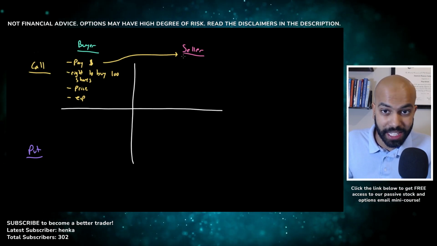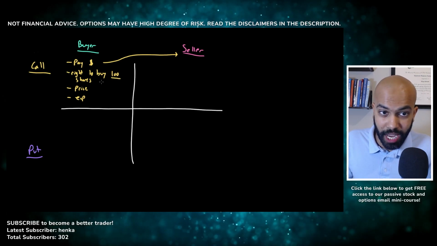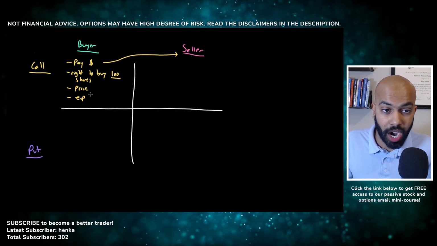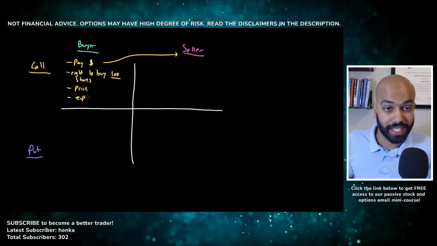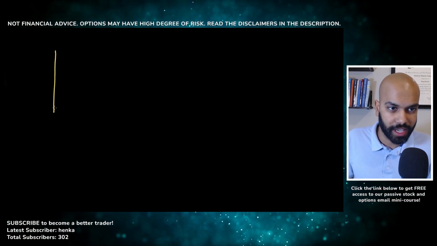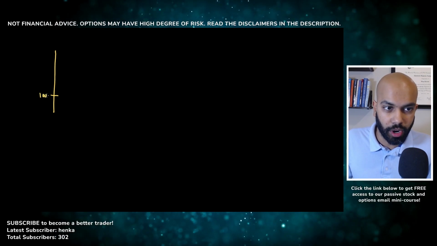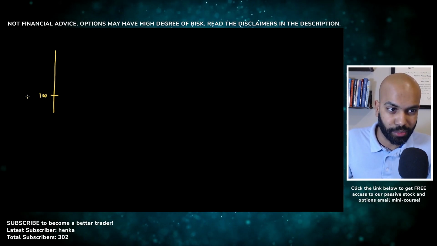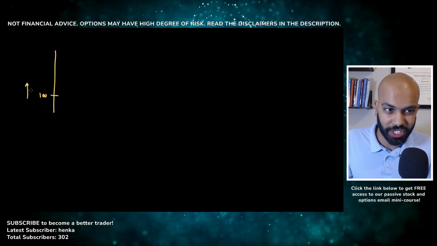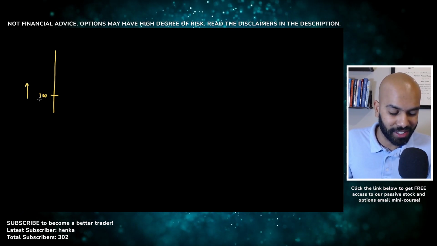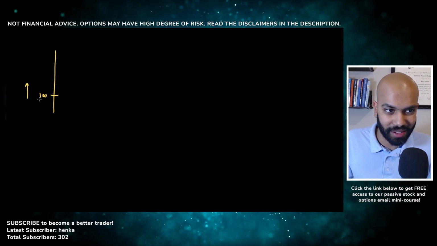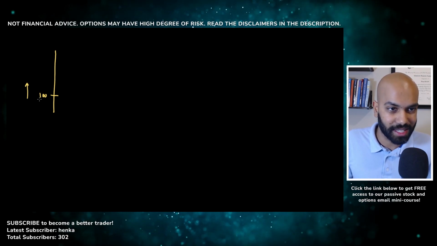And when they pay this money, they're basically buying the right to buy 100 shares at a certain price on or before the expiration date, which is in the future. All right, so let's look at a quick example. Let's say right now a stock is trading at $100. You are bullish on the stock, as in you think the price is going to go up. But you don't want to actually just go buy the stock at $100 because you think that, hey, it may actually go down. I'm not really sure, but you think that has a possibility to go up.